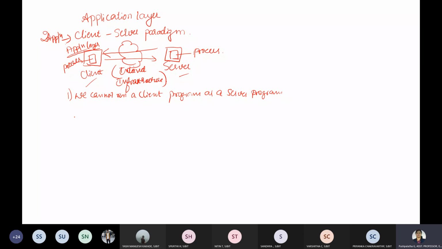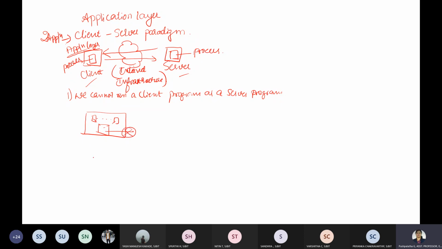That is shown in the form of a picture in your textbook. They have given something like this: you have a LAN wherein multiple devices are connected, and that is connected to a router.